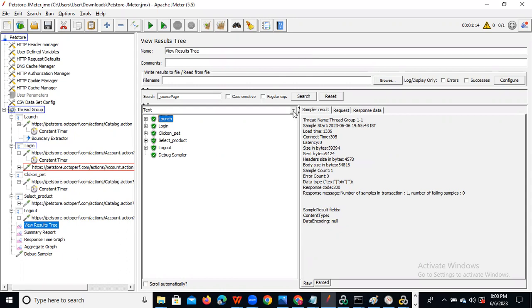Are you able to open JMeter? Yeah, I'm able to open it, but I don't have the root certificate in the bin folder. Okay, actually it will be generated automatically. Okay, we'll see after this.